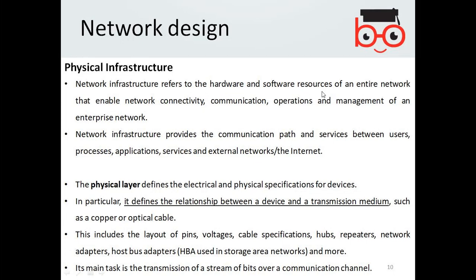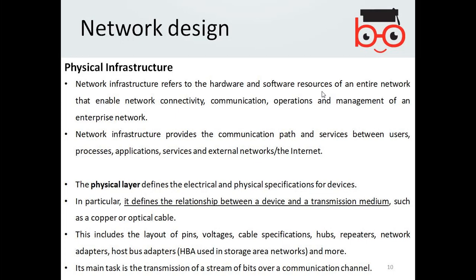So whatever solution you are going to offer your clients, you are proposing the use of hardware and software resources of an entire network that enables the network connectivity, the communication, the operations and management of an enterprise